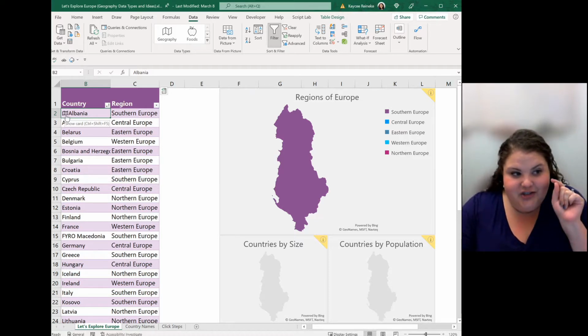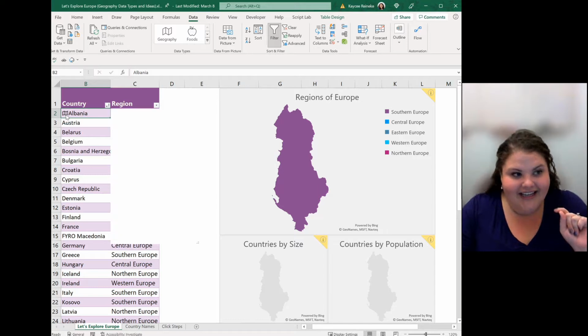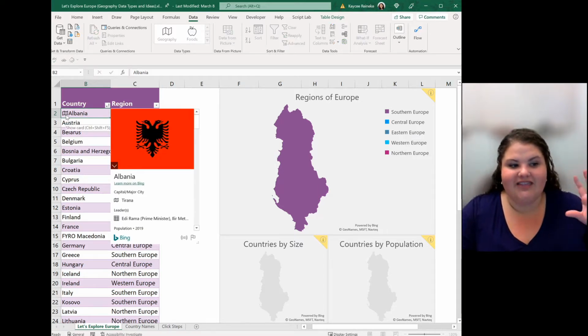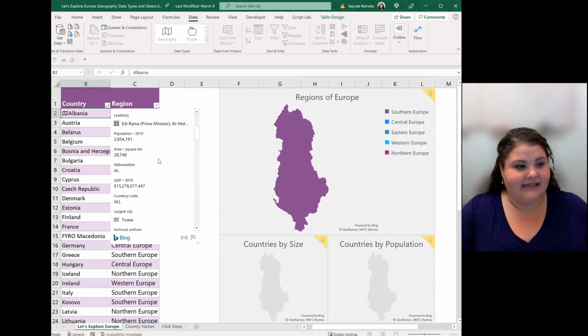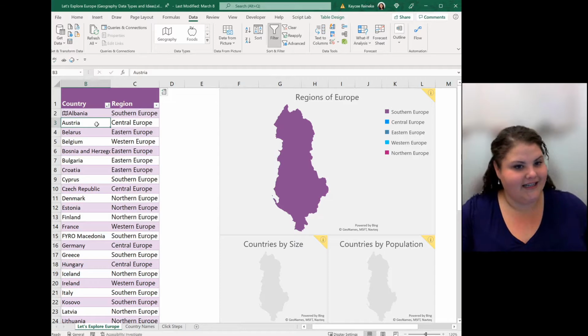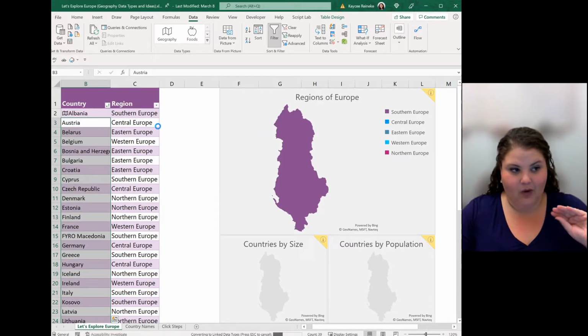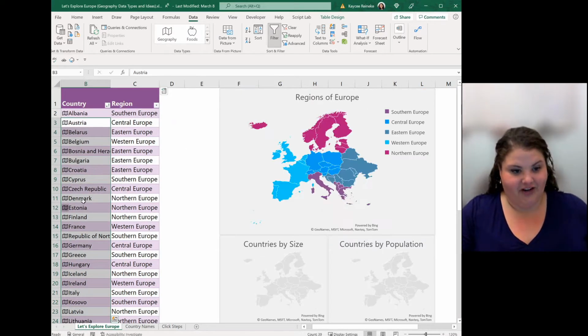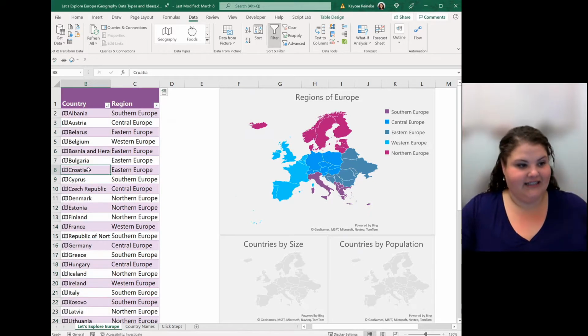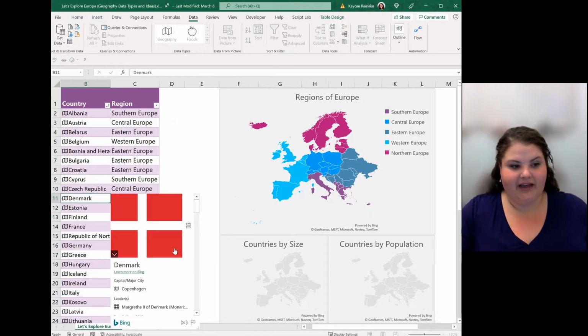You can see when I hover over it, it says show card. And so when I click on that icon, it opens this card that shows me the facts about Albania, including an image that is a flag. It tells me its capital and area and population data. Well, I'm interested in all of Europe, so I'm going to select the rest of my countries in this list, hit geography button one more time, and it's going to convert all of these to geographies. You can see when I click on Denmark, for example, it will have the Denmark flag